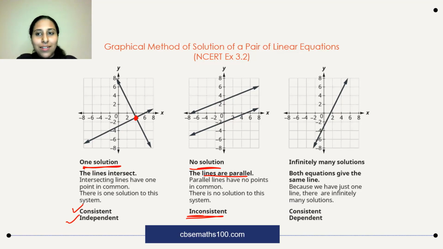So this is inconsistent. Infinitely many solutions happens when you're having two lines which are both lying on the same place. The position is exactly same, which means all points are matching. So that means they will have infinitely many solutions. And when you have infinitely many solutions, remember it's called a consistent system. You get at least one solution. It is called consistent. So these two cases, one solution and infinitely many solutions, both these cases are consistent. This is also called a dependent system because both the values are dependent on each other, one and the same equation. So it's completely dependent on each other.